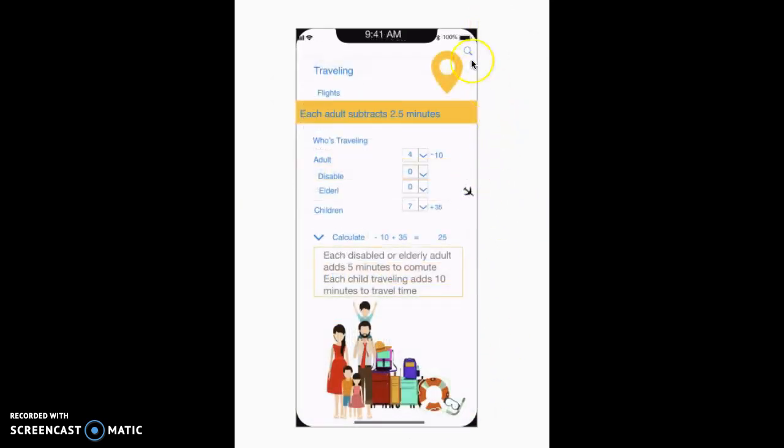all the pertinent information to trigger response is in the yellow. And here you'll put in who's traveling, how many adults, disabilities, how many children. Each